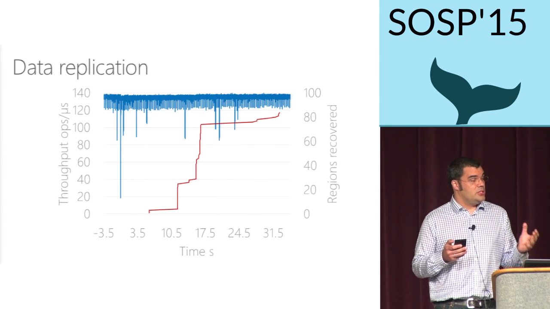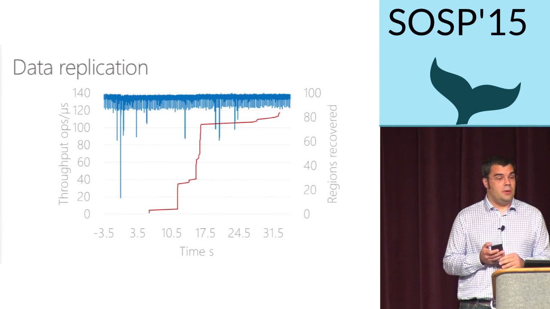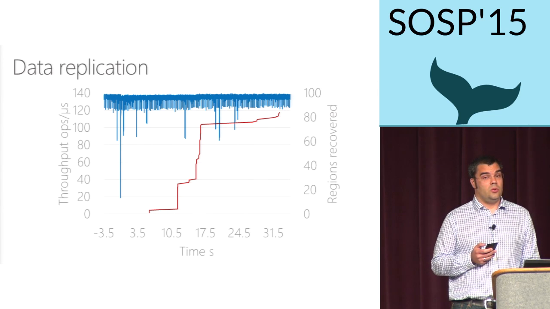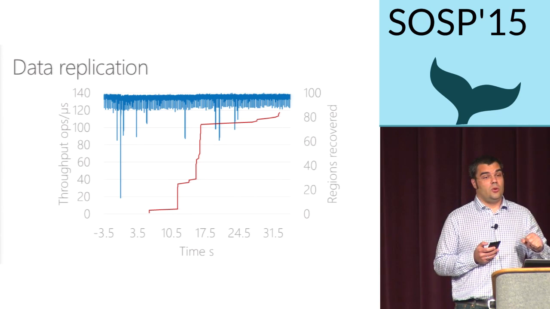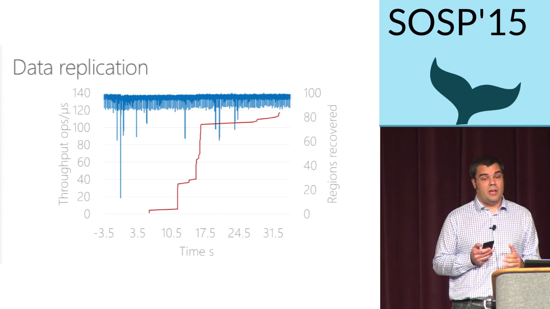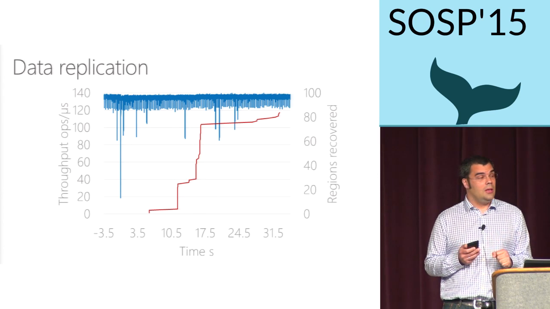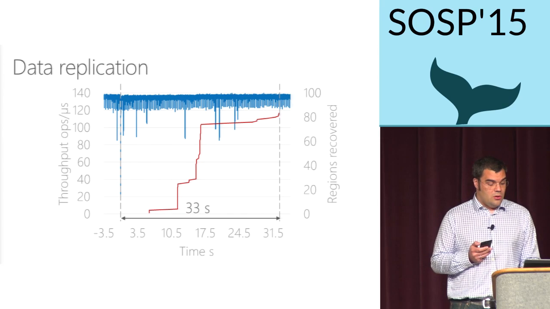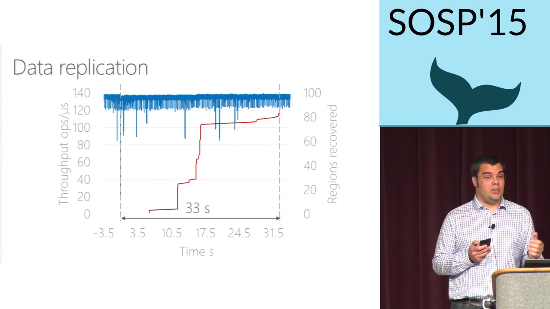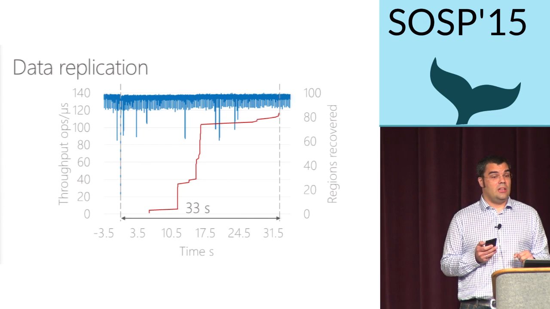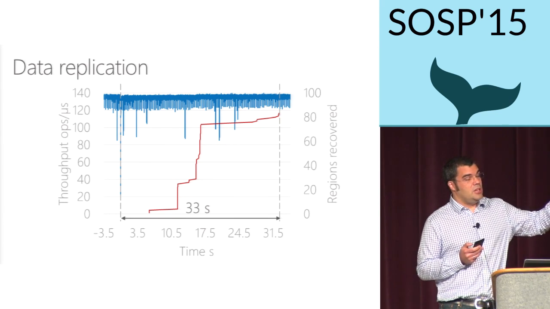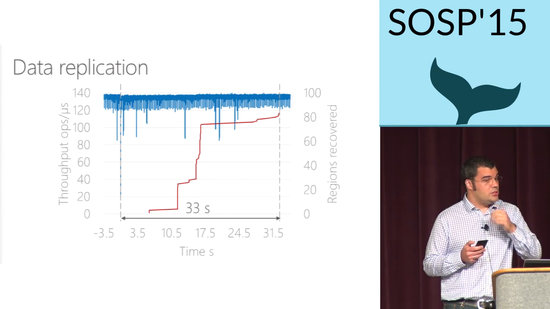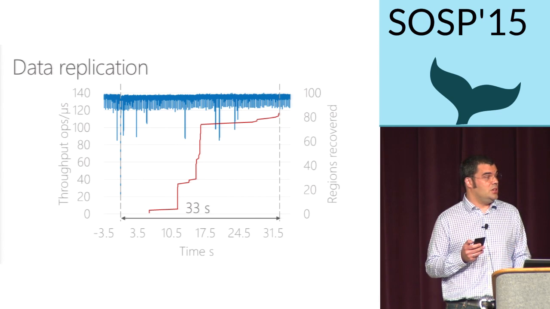So this downtime is quite short, which gives us very high availability. The next thing I'm showing is zooming out the same experiment, and this shows how quickly we can re-replicate data while not impacting the foreground throughput at all. The x-axis again shows time, and the y-axis shows how many regions we recover up until a certain point in time. As you can see, we recover 84 regions, so we replicate all the failed regions in about 33 seconds. This is 160 gigabytes of data, while not impacting throughput at all. Note these dips that you see in the performance: they happen regardless of whether we are recovering or not. These are because of high contention periods in the TATP benchmark.